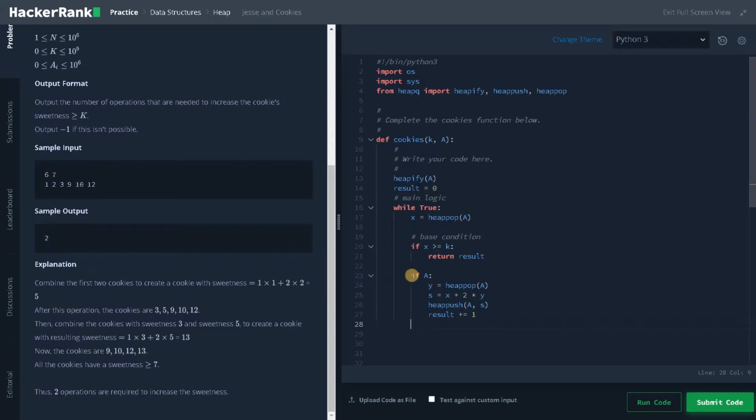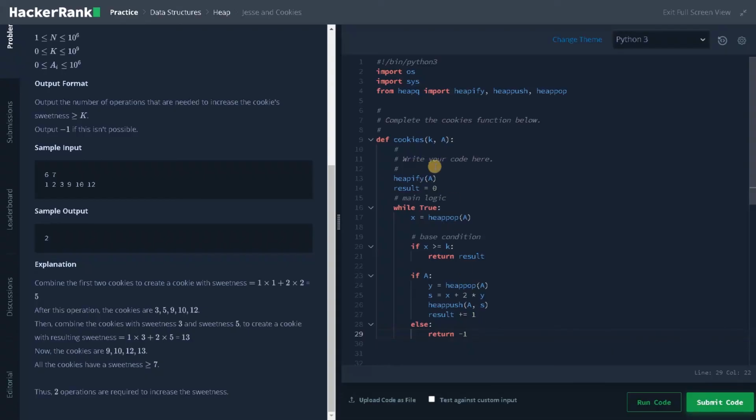If the array has no elements, in the else part we will return -1, and they already mentioned to output -1 if this isn't possible. So if the condition is not satisfied, we will return -1. That's the whole logic of this problem.